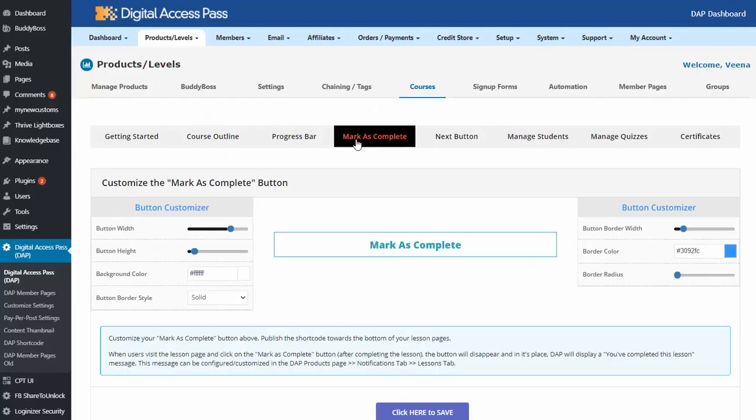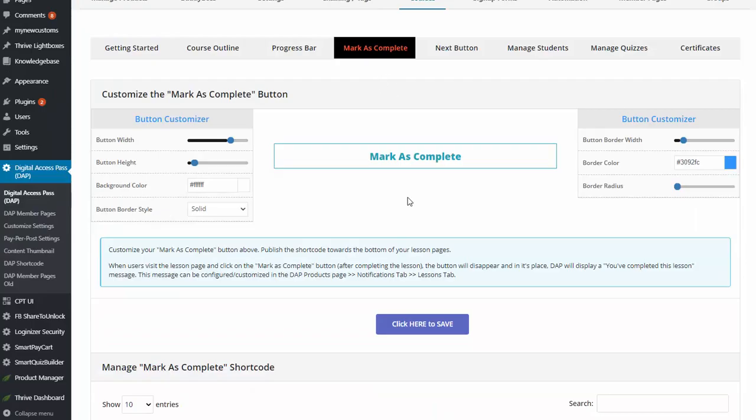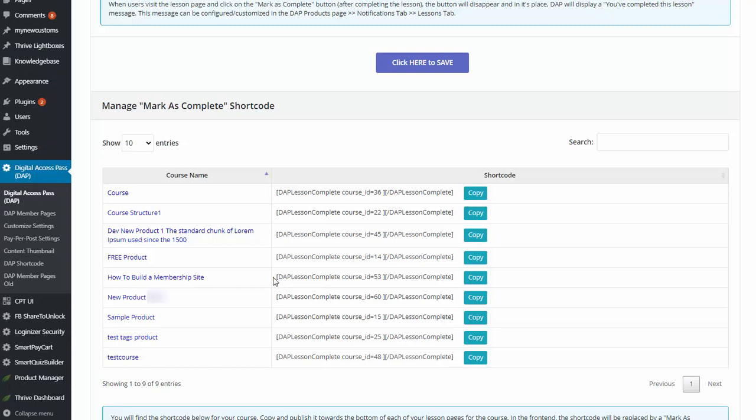So in the Mark as Complete tab, you can generate a Mark as Complete button shortcode. There is a button customizer that will allow you to customize the style of this button and the contents of this button. And when you save it, it's going to give you a shortcode. Just copy this and paste it towards the bottom of your lesson pages. And that's it. Now in the front end, users are going to see a Mark as Complete button, and they can click on it to let DAP know they have completed the lesson,